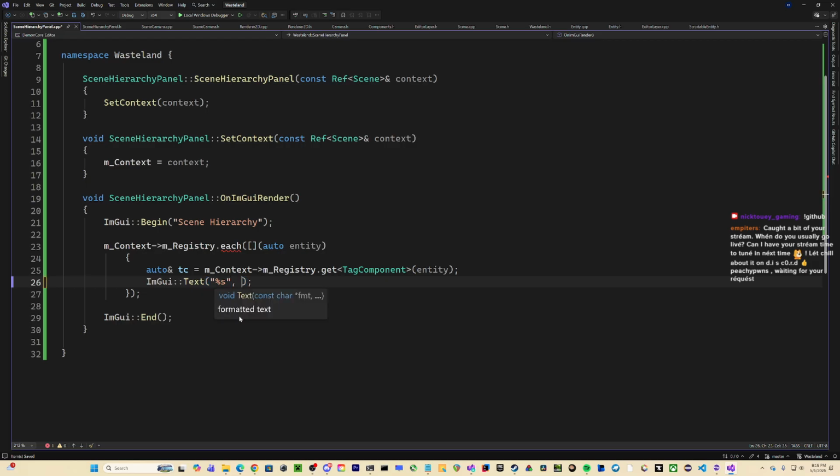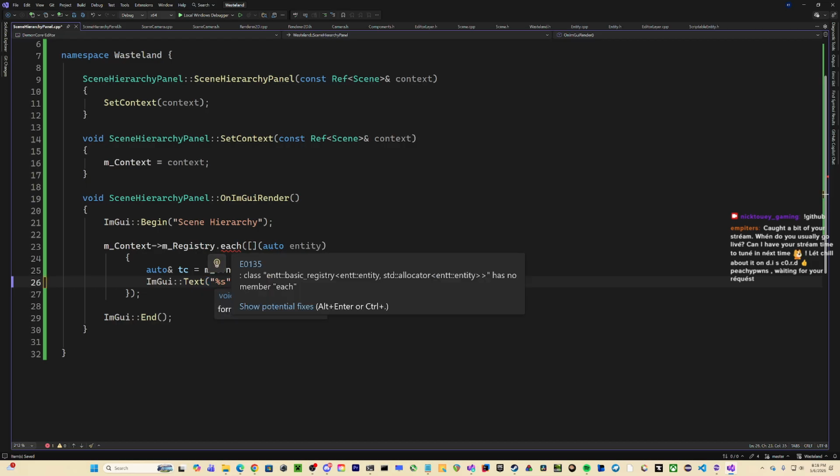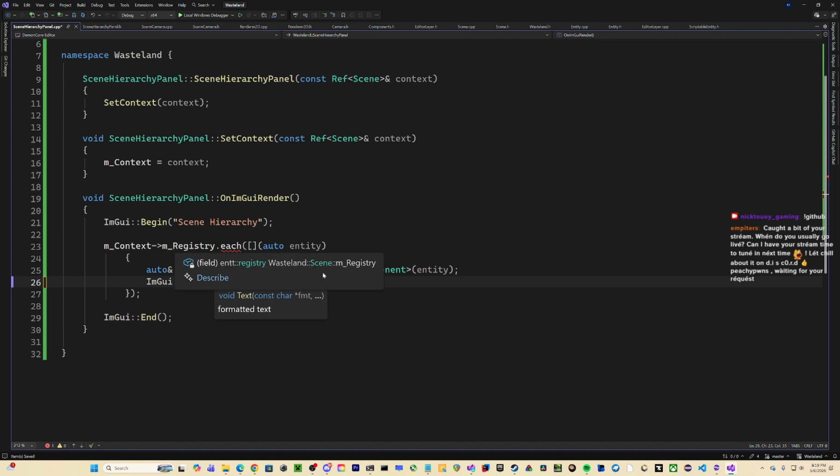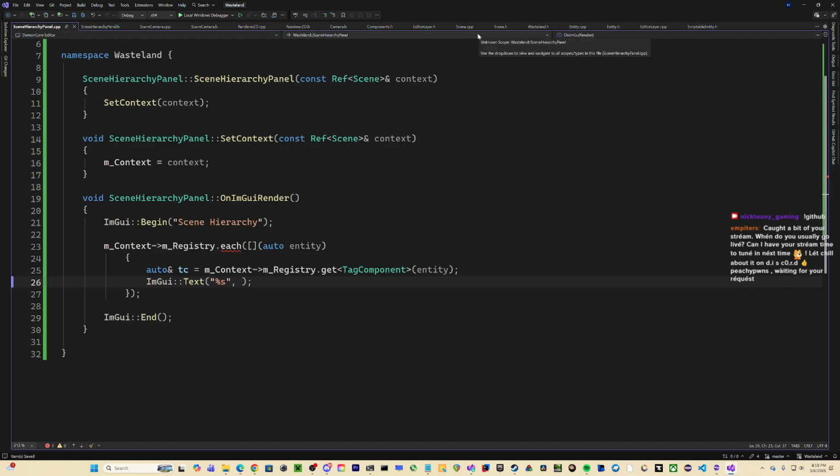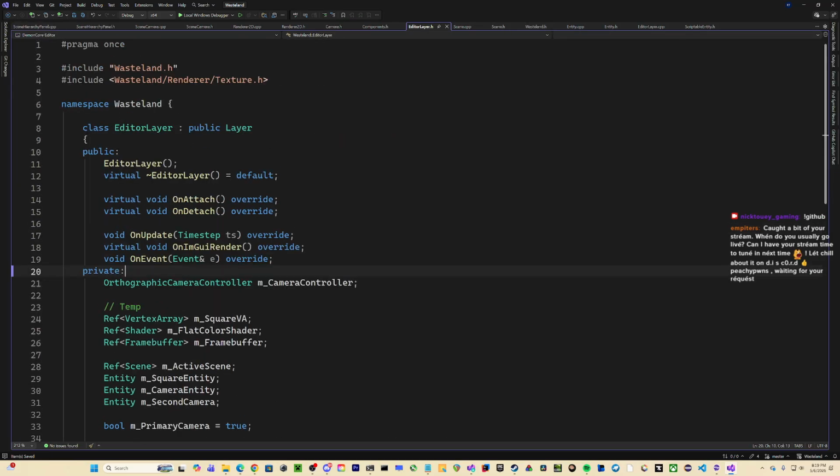Not sure why this doesn't exist, unless I got it backwards like I normally do, but who knows. I have a tendency of accidentally going completely backwards with this sometimes. Where is editor layer? There.